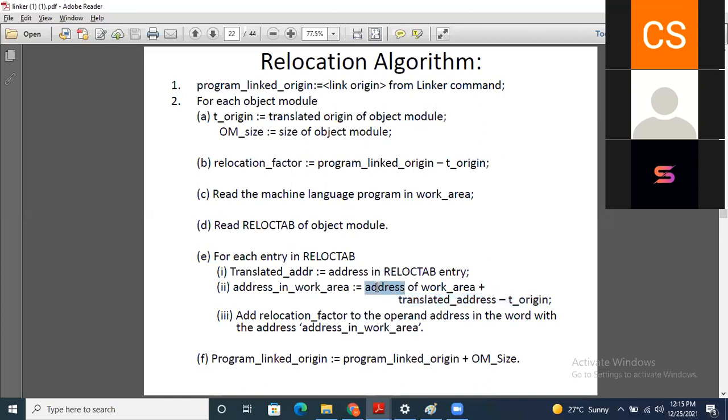And that calculation, you will give the address in the work area. So you have to add relocation factor with the address in work area. For example, suppose the whole program you have, I have read it at location 300